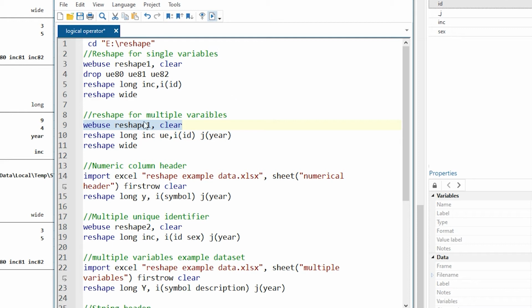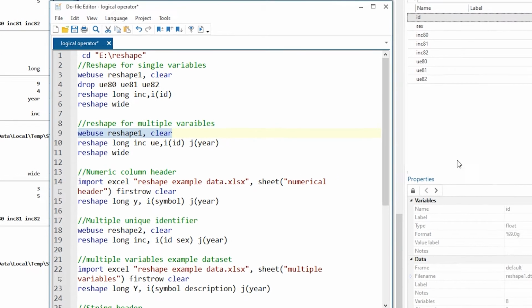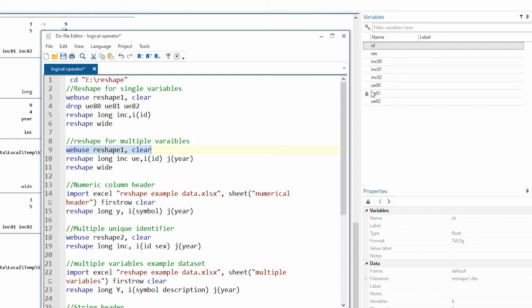So we again get the reshape 1 data set, which we previously had, and we drop the unemployment variable, but in this case we wouldn't drop the unemployment variable, rather we would keep it. Okay, so now we have 2 variables. So how do we